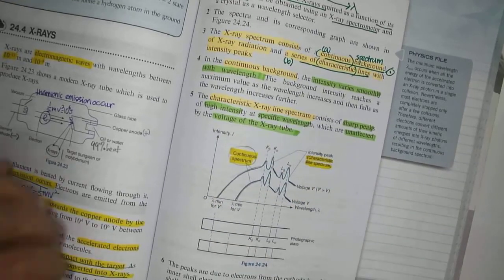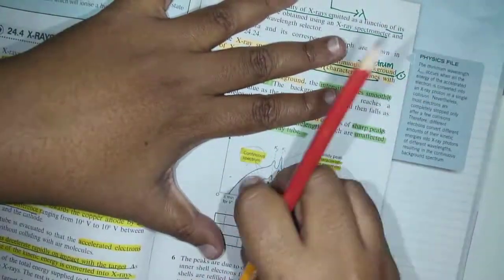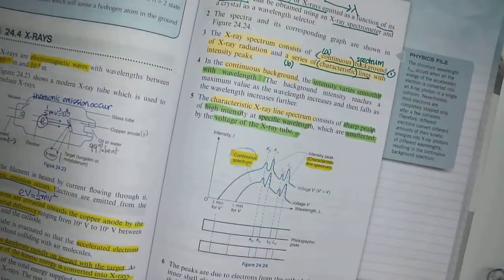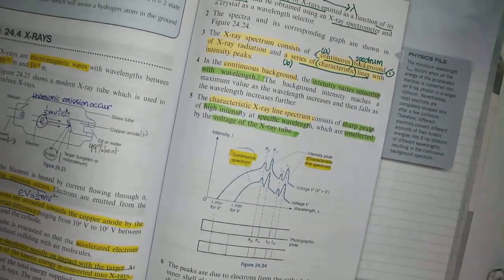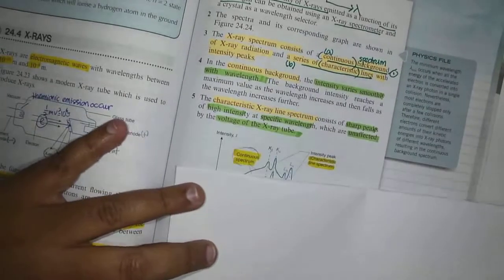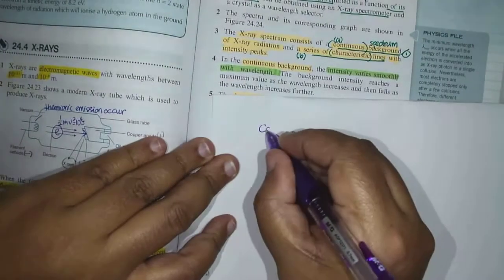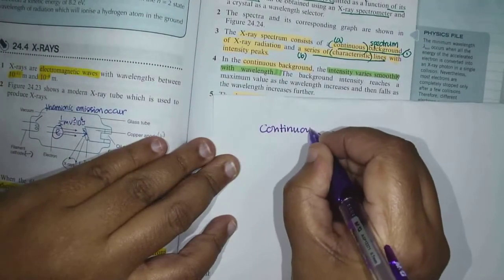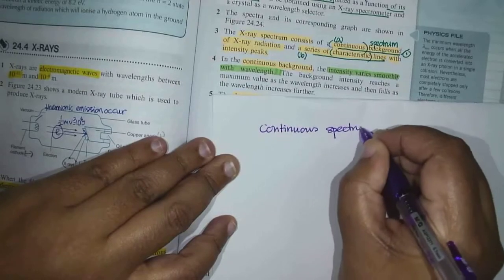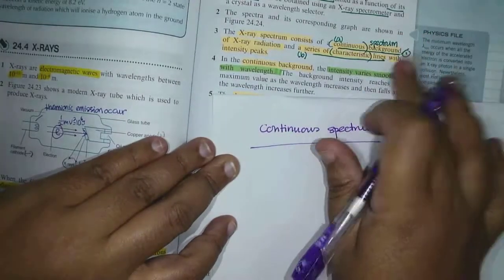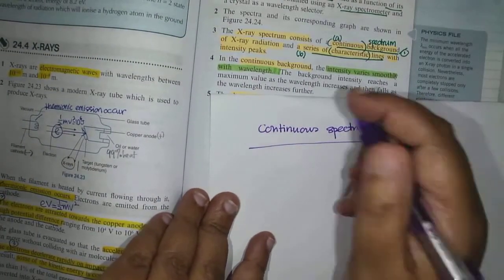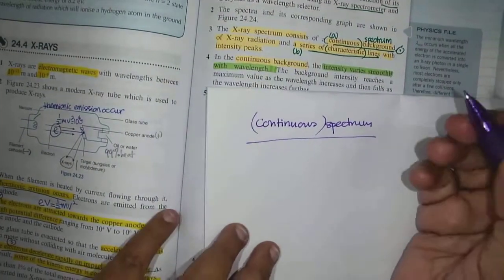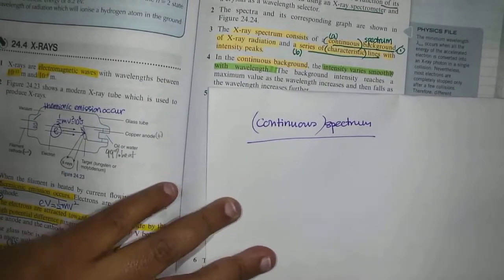Okay, I'm just going to rub this off. Alright, so why are they different? What makes them different? How is this produced? I'm going to explain that now. For the continuous spectrum, or continuous background spectrum, sometimes you will see some papers use other names, but the keyword is continuous. Alright, the continuous spectrum exists like this.